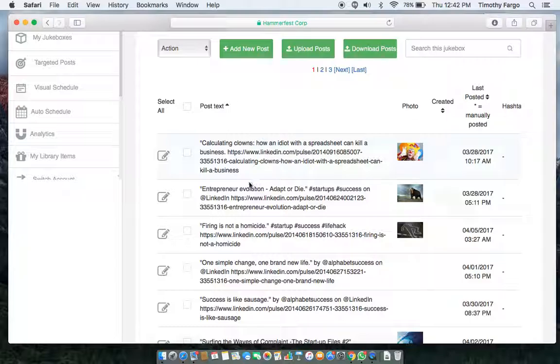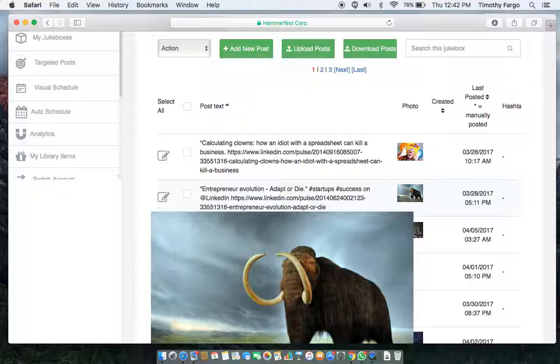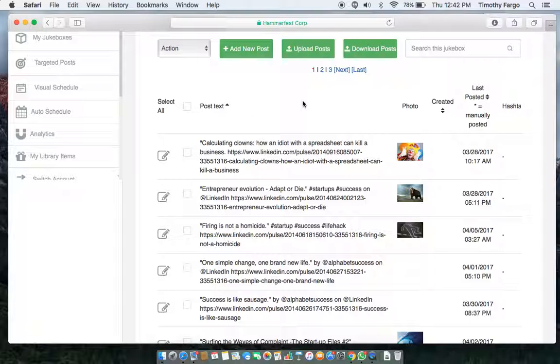And let's go to the second one I've got here, Entrepreneur Evolution, Adapt or Die. I'm using some hashtags, which is also very important. We can get into that in a later episode. And here I've got a woolly mammoth, which didn't adapt and is now dead. So I'm using titles that are somewhat provocative and provide some insight as to what the article is going to be about. And that's how I share those out onto social media. That's going to be the next step of your assignment. This is going to be really quick, right?